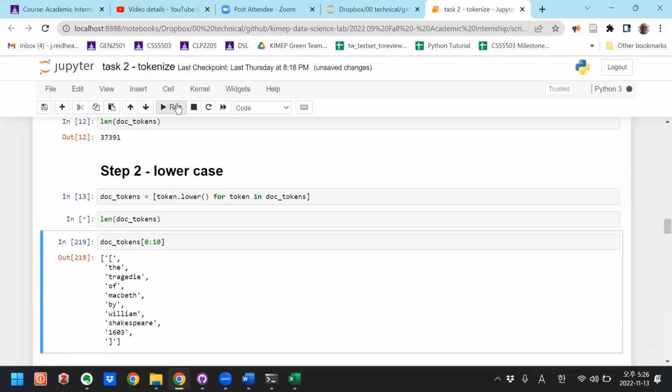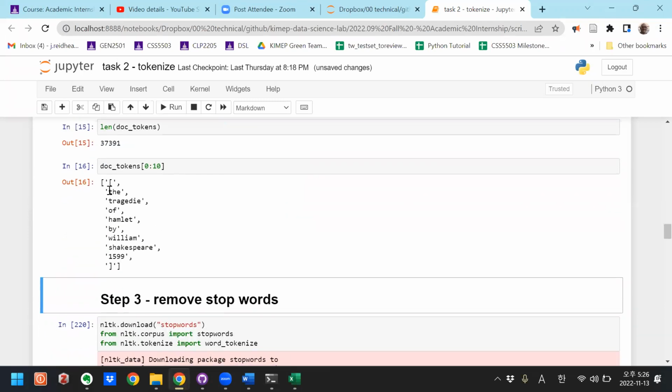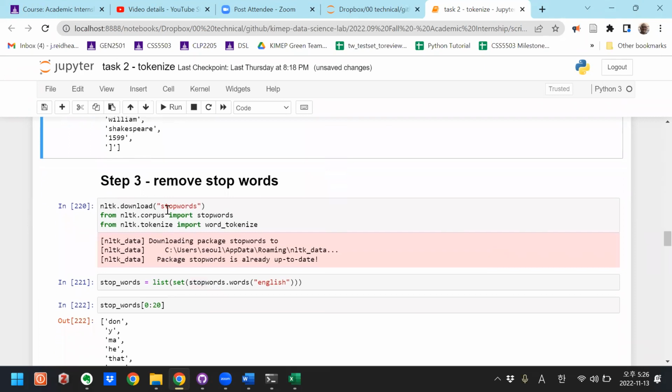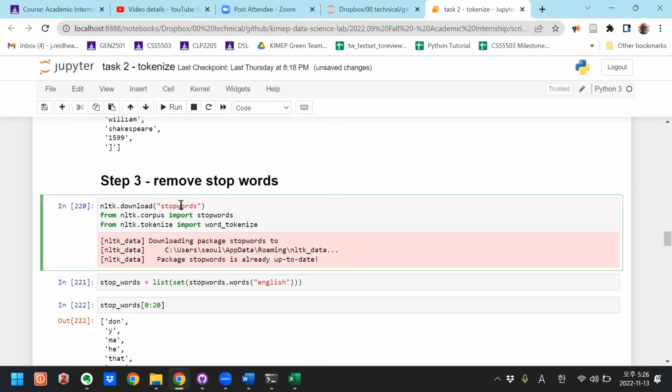Okay, so I did that. Here they are, and I can verify that they're all lowercase. Okay, fine. Now I'm going to remove stop words. To do this, I want to download the stopwords library